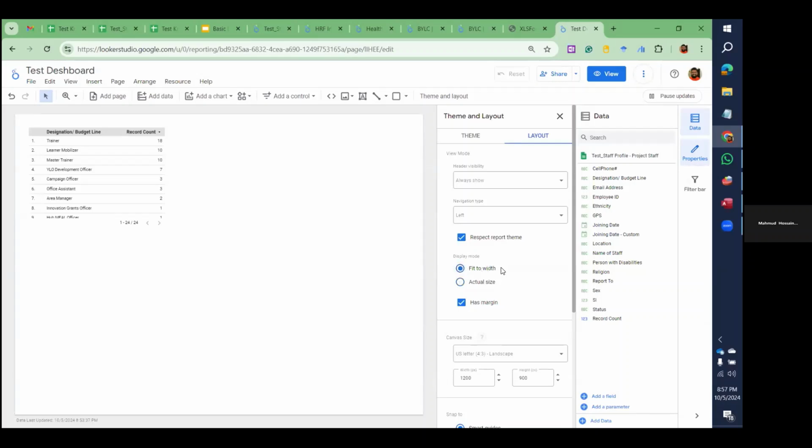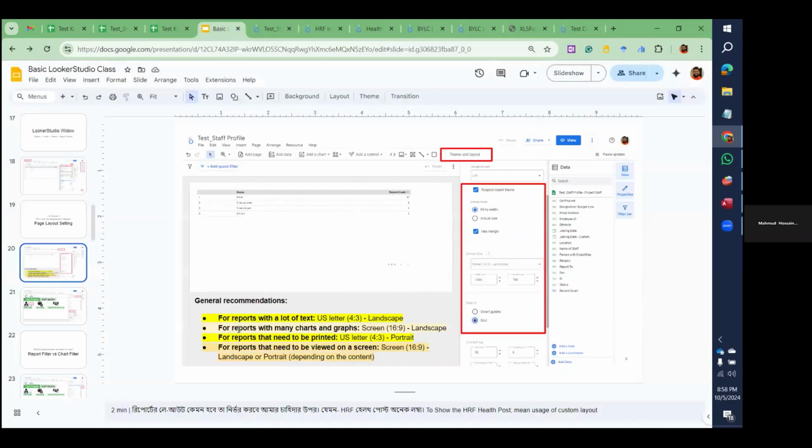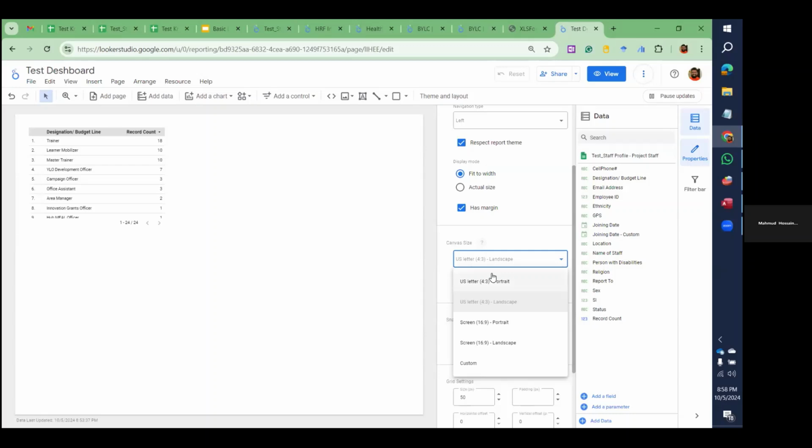Your dashboard may be used on a projector, a monitor, mobile, tab, or different electronic devices. So fit to width is very important if you want to adjust for this. And our custom canvas will be this, as we are using many charts and graphs, so we will use this